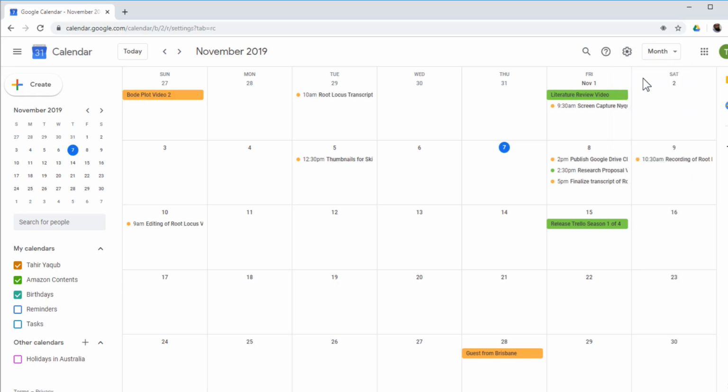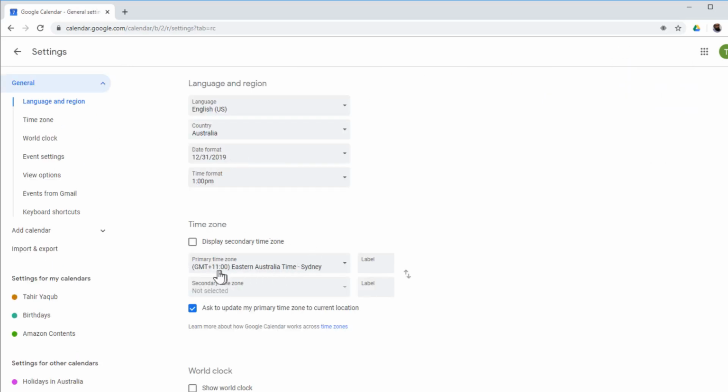So if I click on settings, here I can set a time zone, the most important thing which you can set here. You can set the time format, whether you want a time written in this manner or you simply want it in this way. So you can select any of these. You can select the date format, whatever format you like, your country, your language, and a few other settings.